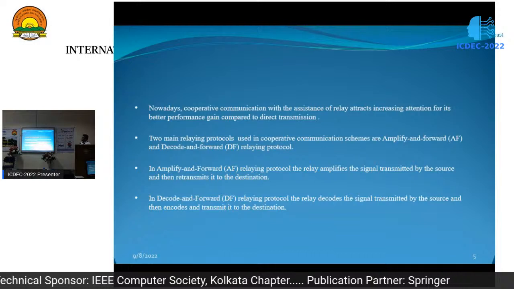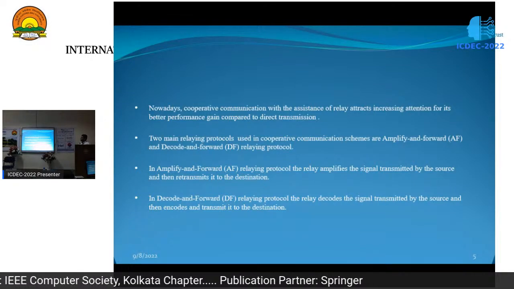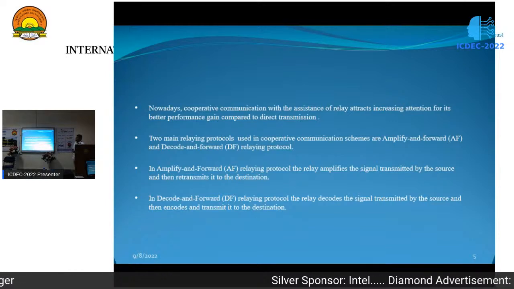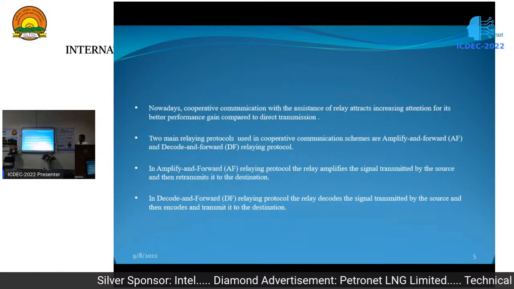Nowadays, cooperative communication with the assistance of a relay is attracting increasing attention for data performance gain compared to direct transmission. The two main relay protocols used in cooperative communication are amplify and forward, and